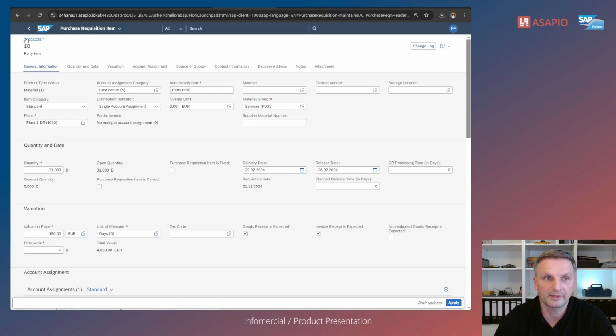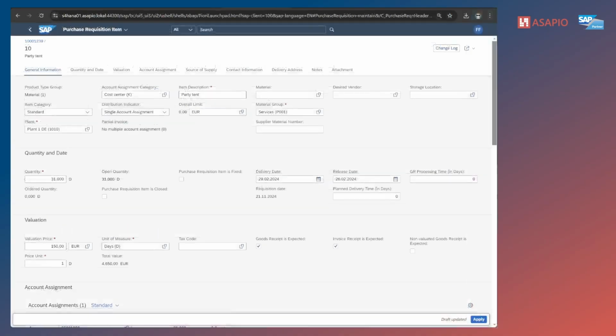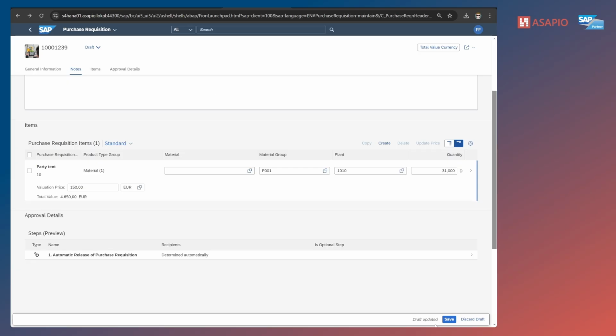I'm back in S/4HANA and I've opened a purchase requisition here. So let me put a description here. See, there's the item description field. Let me write party tent. So we want to have that very generic text optimized so it's more informative for purchasers, for suppliers. So I'm applying this change and I will save this